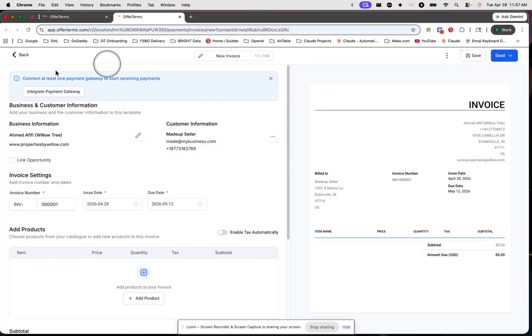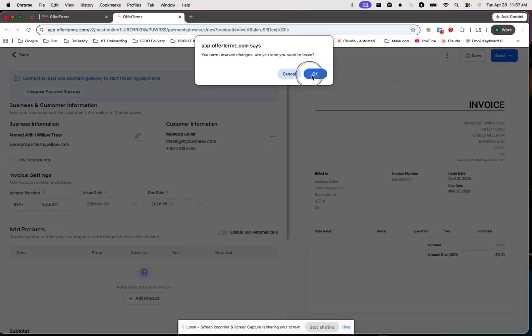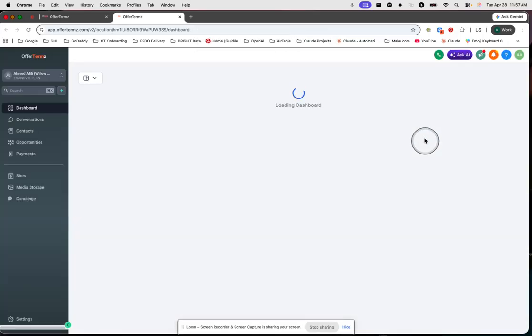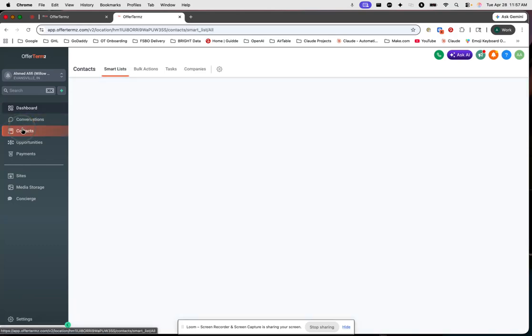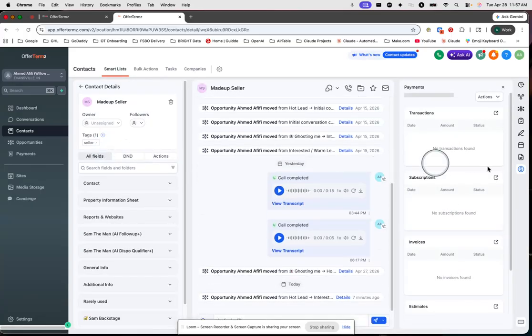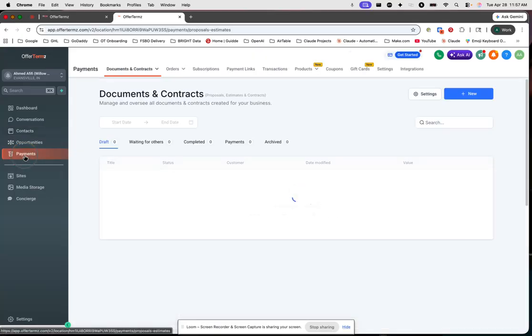I wouldn't jump into this menu though. I wouldn't use it unless you really have to, for a couple of reasons. Number one, let me go back in here and I'll show you why I would go other avenues before I rely on this for those two reasons. Number one, this won't work until you actually set up a banking account, not related to your subscription, totally different. You have to set up a banking account with